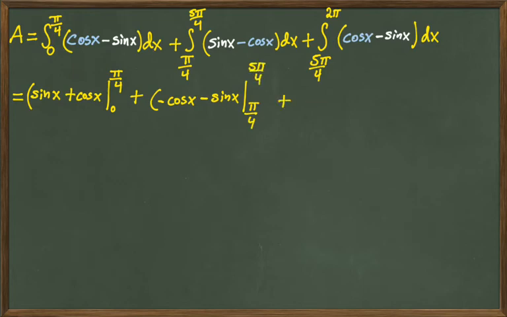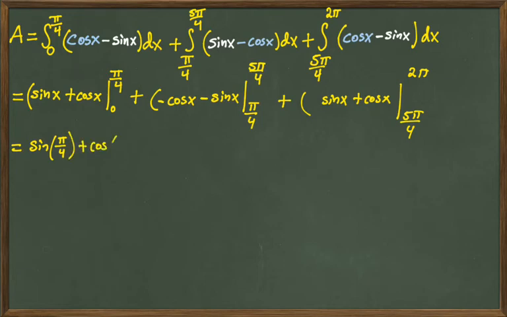And then finally, the last one, the integral of cosine is sine. Integral of minus sine is cosine. And then we're going to evaluate that from 5 pi over 4 to 2 pi. So the first integral that we're evaluating is going to be the sine of pi over 4 plus the cosine of pi over 4